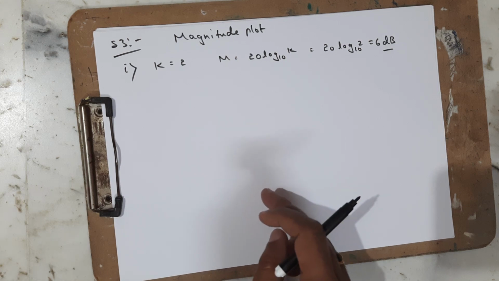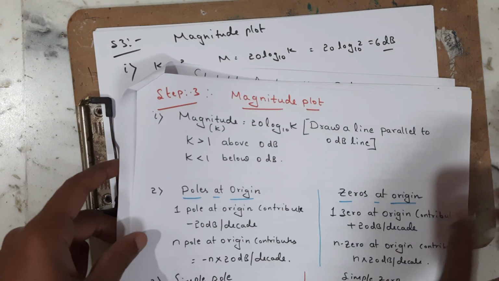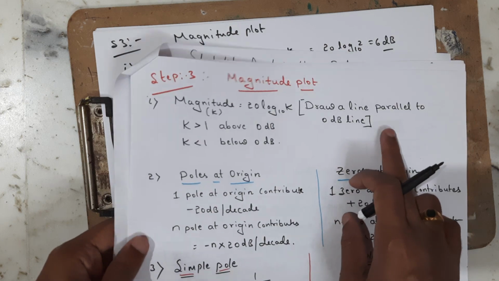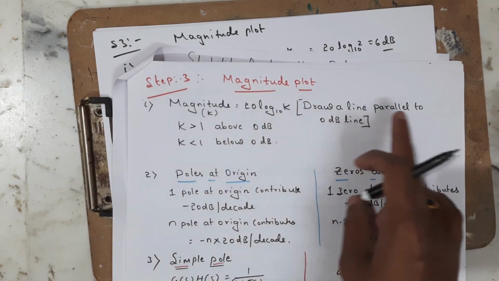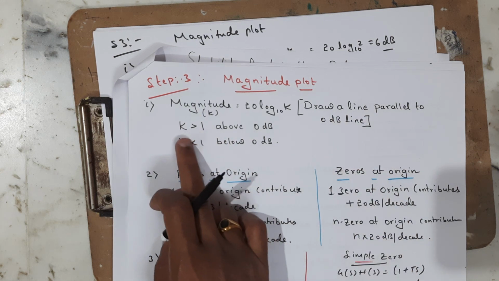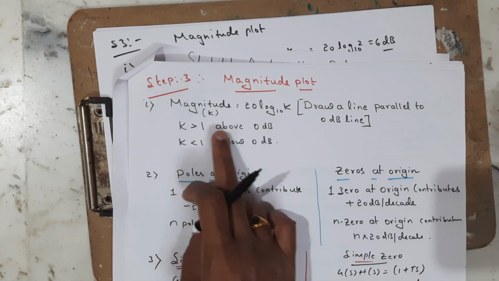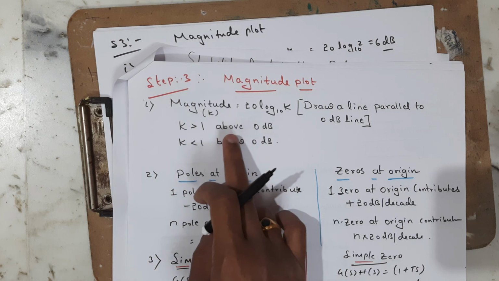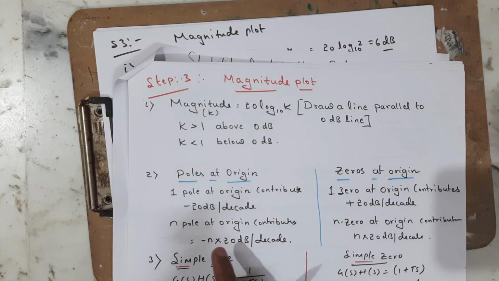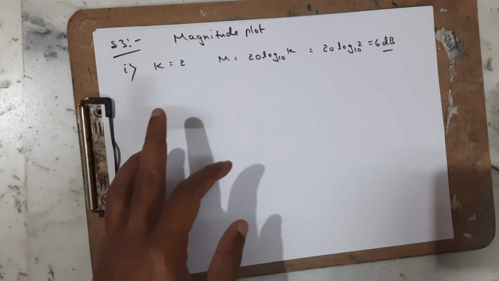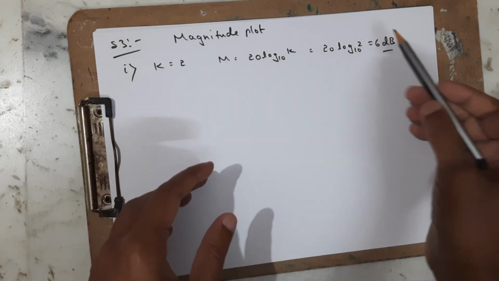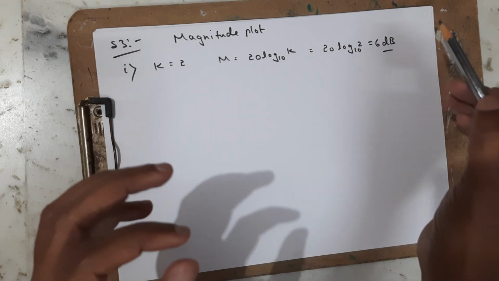Now what to do with this? So we are going to draw a line parallel to 0 dB line. If k is greater than 1, we are going to draw the line above the 0 dB line. So this is the first factor. Okay, so let us see how to represent this k is equal to 2, that is the magnitude of 6 dB on the